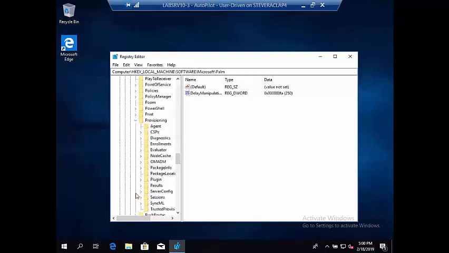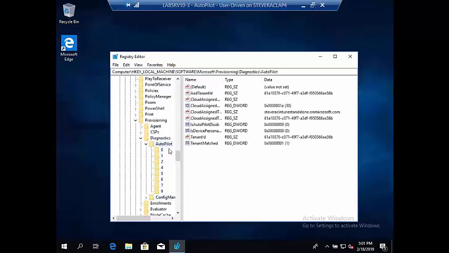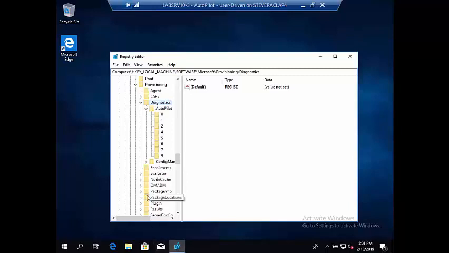Under Provisioning, we have the Diagnostics provider, and then Autopilot. We have all of these different pieces in Autopilot that we can look at to see what's going on, including configurations and different things that could be of interest. We have some CSPs up here, as you can see, and different related things that can help you. There's also other troubleshooting material in here just for Intune that I won't go into. Then finally,